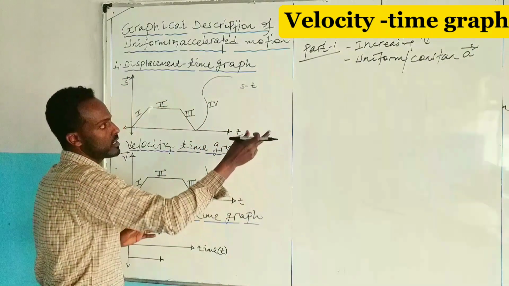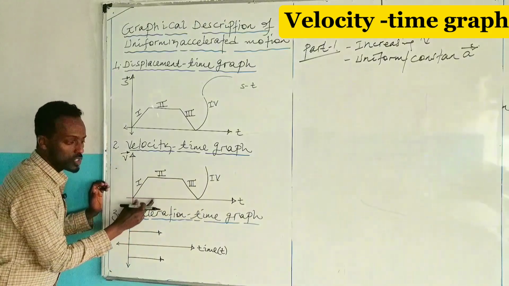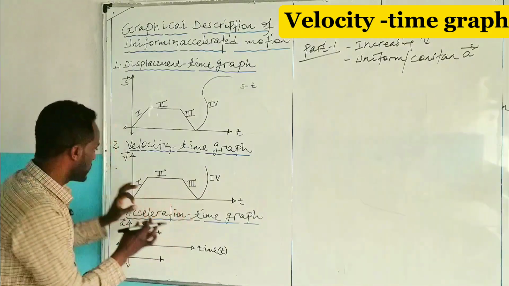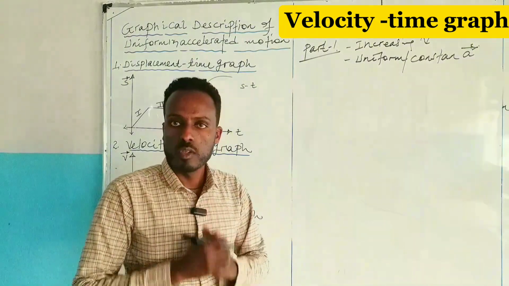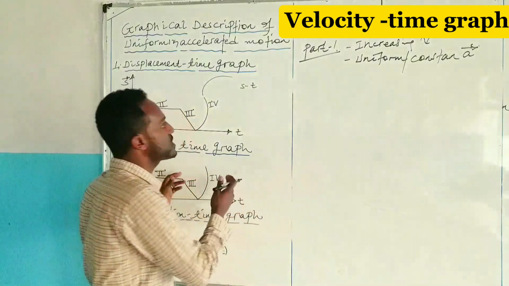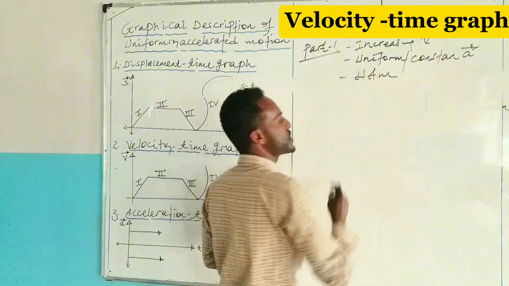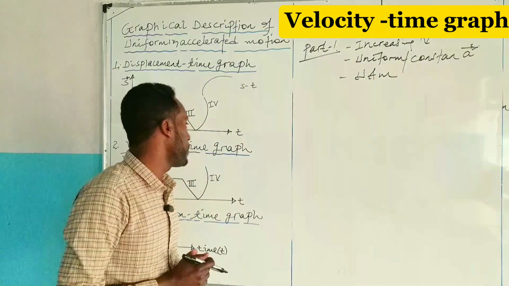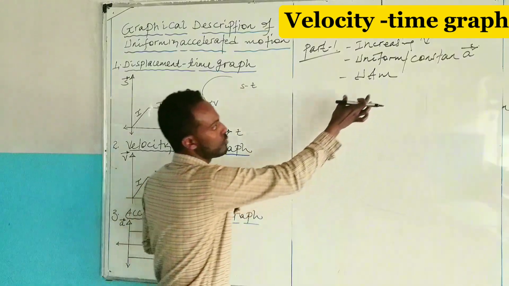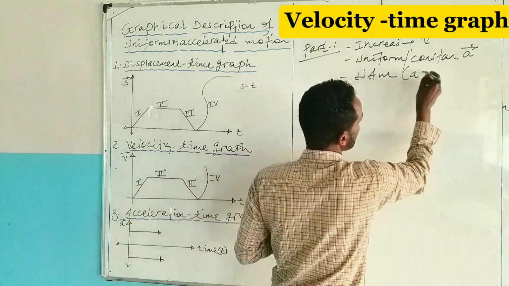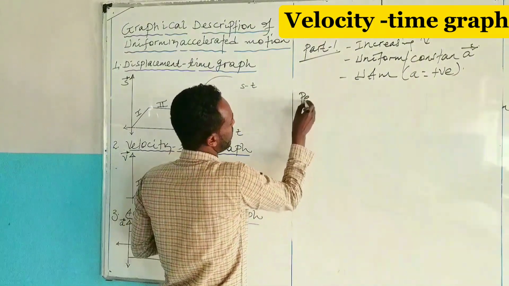አሁን to say uniform or constant acceleration, the velocity of the object is changing with respect to time what? Linearly. So if the acceleration of the object is constant or uniform, the motion of an object under this graph is the so-called uniformly what? Uniformly accelerated motion. In the case of part 1 ላይ the motion is uniformly accelerated motion, which means acceleration is what? Positive. Acceleration positive ነው።